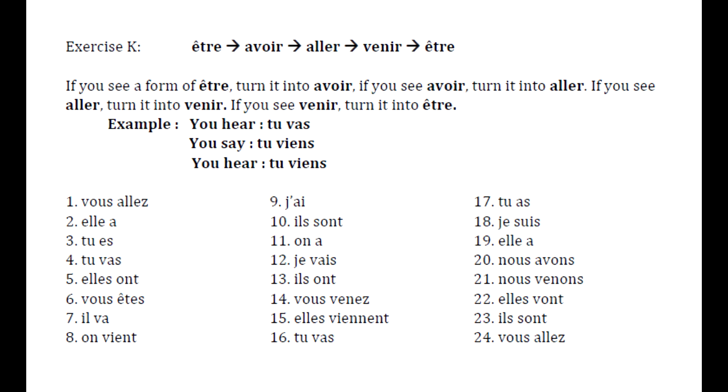Exercise K. Être, avoir, aller, venir, être. If you see a form of être, turn it into avoir. If you see avoir, turn it into aller. If you see aller, turn it into venir. And if you see venir, turn it into être. For example, you hear tu vas, you say tu viens, you hear tu viens. Number 1, vous allez,